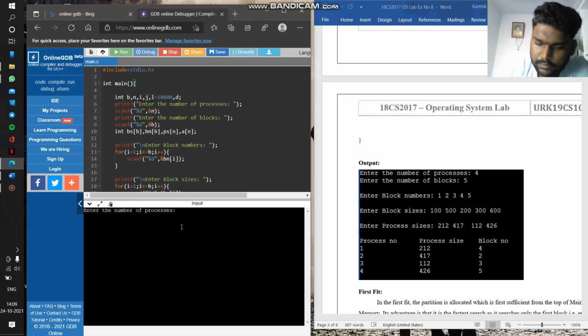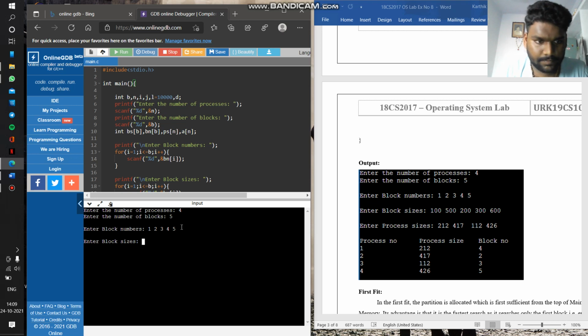Enter number of processes, 4, enter number of blocks, 5. Let's give the block numbers 1, 2, 3, 4 and 5. Block sizes 100, 500, 200, 300 and 600.